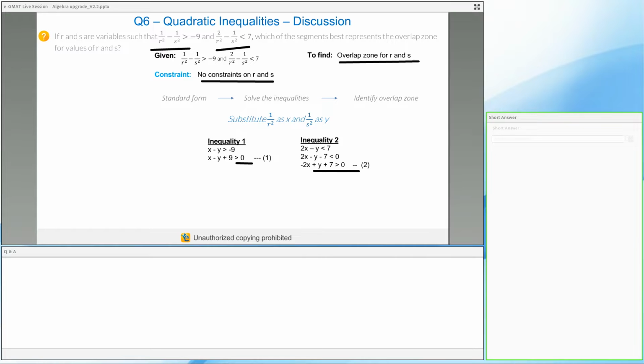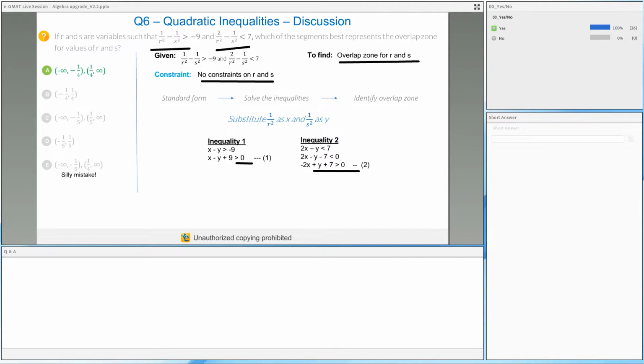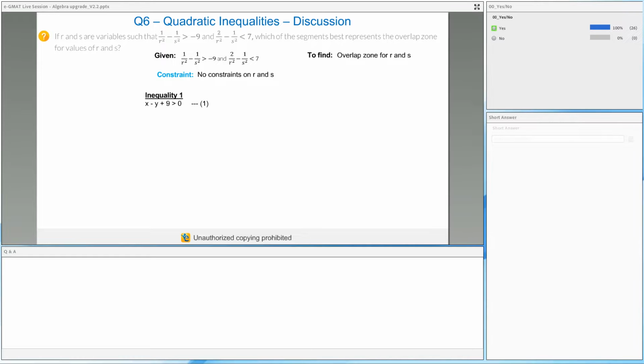So, is this part clear, guys? Kindly mark yes if it is, so that I can move to the next slide. The idea of this question is to understand that whenever you have a situation like this, substitute and then solve the question. Okay, great. Now what I'm going to do is, once I have this equation, I'm going to use